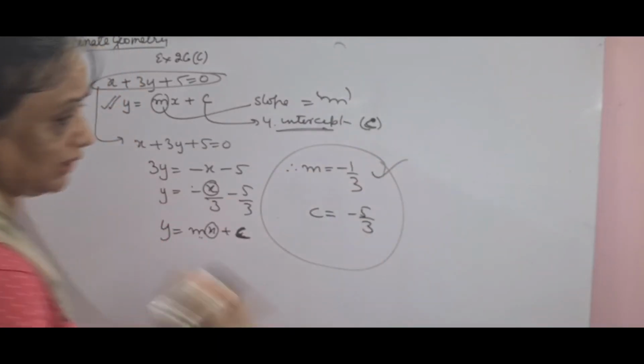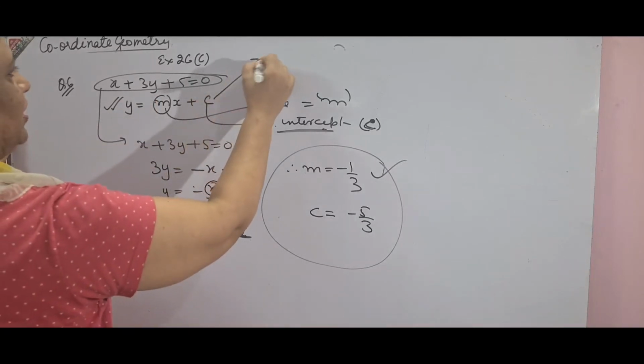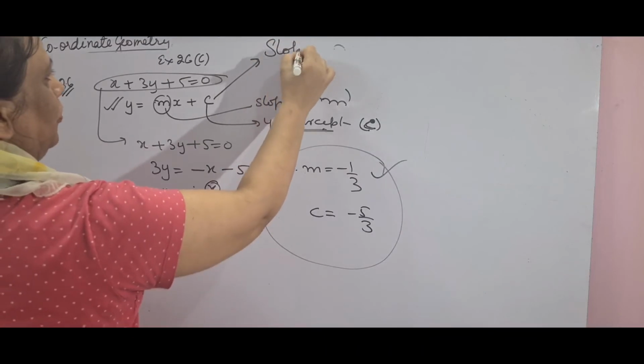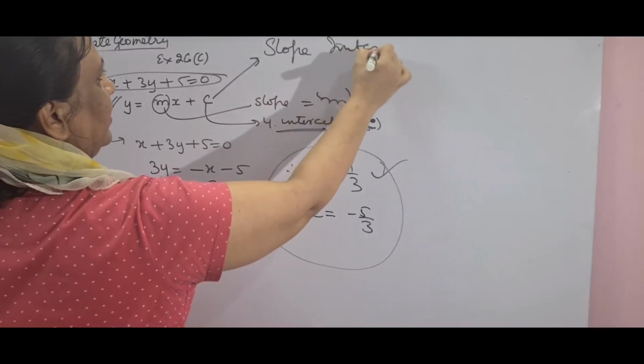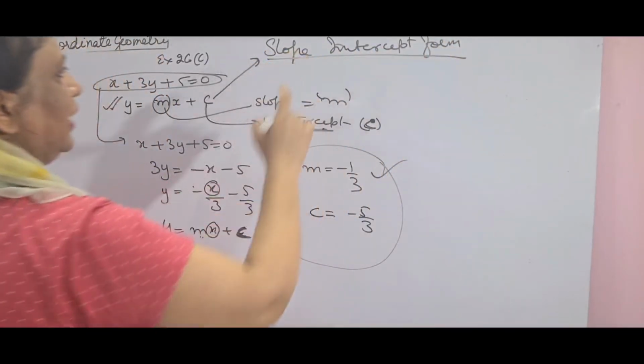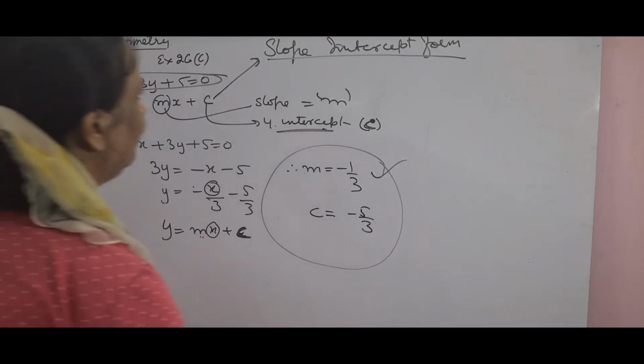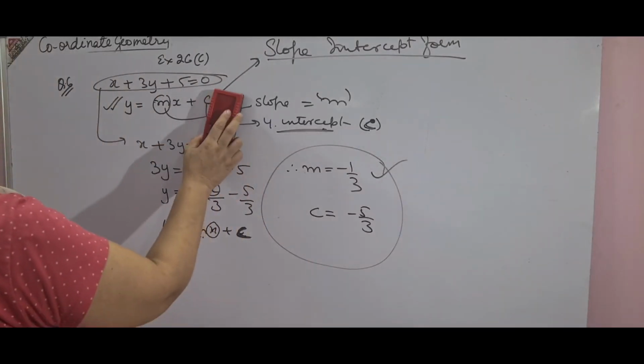This question comes for 3 marks, and that too in the compulsory section. So you have to write the given equation in slope-intercept form, compare with the slope-intercept form, and you will get your answer. This form of the equation is said to be slope-intercept form. I have done this with you in exercise 27 also, to find the linear relation between x and y. Now I hope you remember where I use this language, slope-intercept form.